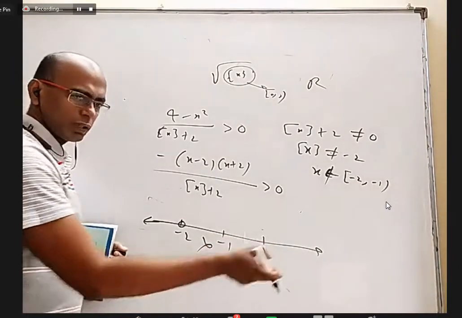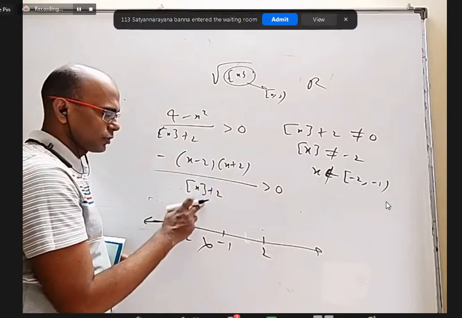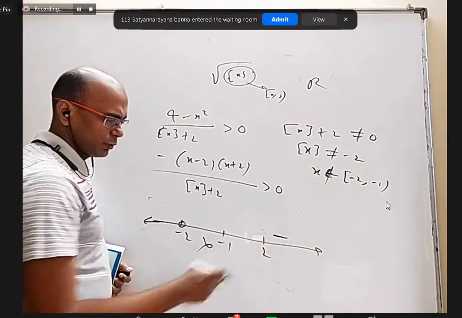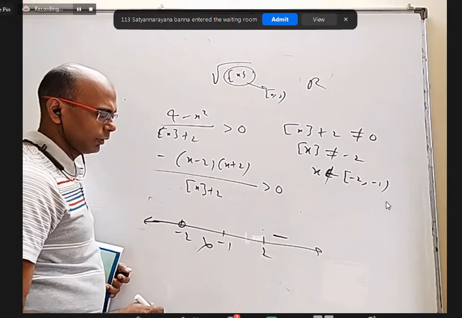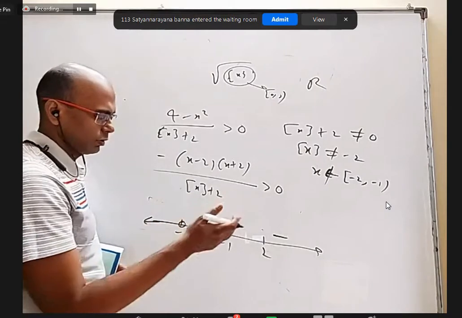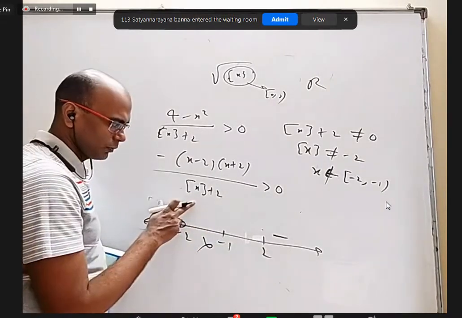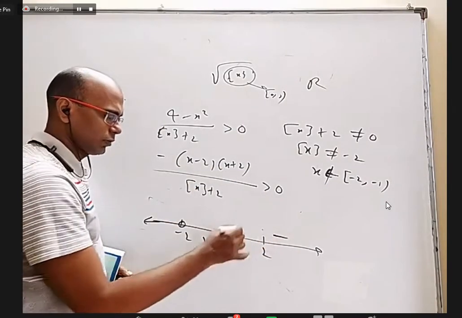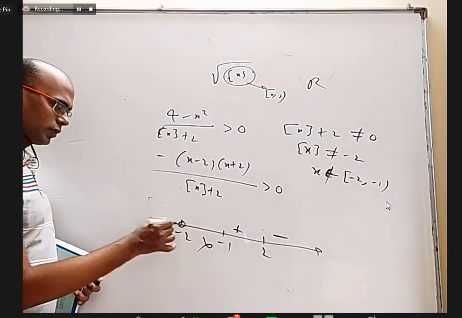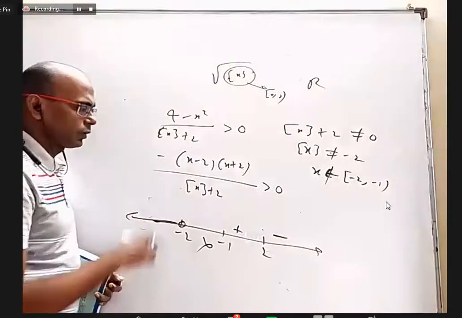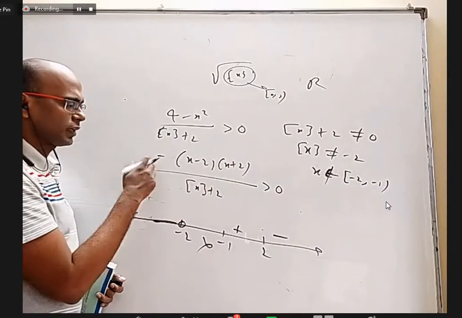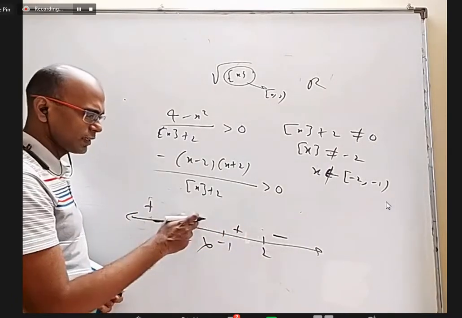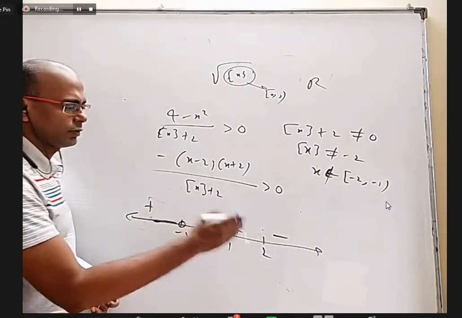If you take anything more than 2, this is positive, this is positive, this is positive. With a minus, it will be negative. You take anything between minus 1 and 2. This is still positive because we are still on the right side. This is positive, this is also positive, but this is negative because we crossed here. Before minus 2, this is negative, this is negative, this is negative, 3 negatives with a negative, 4 negatives, it is positive. So one should not draw alternately. If you want, you can draw minus here, but then understand it is not defined, but not that way. You have to understand anyway.